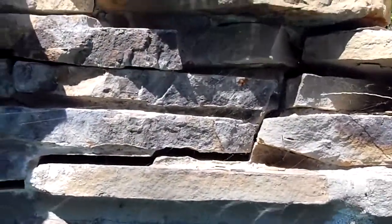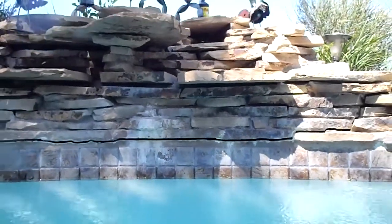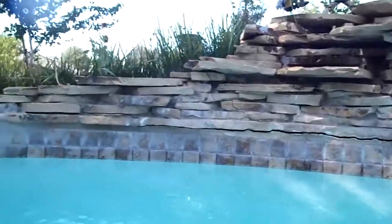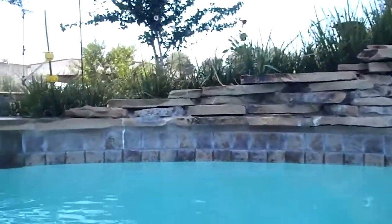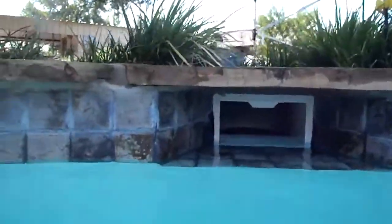So obviously that whole pad in the back there has separated from the shell of the pool and dropped down, which is what's caused this large crack. And then obviously it goes up through here. So that's the waterfall. Then as we come around, I'll just point out some miscellaneous cracks in the plaster as